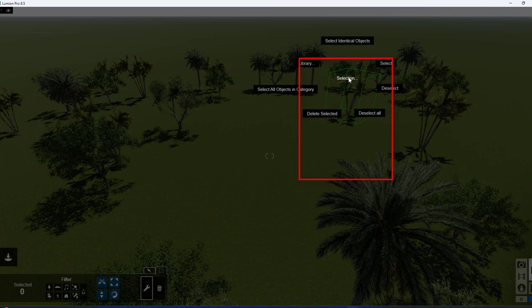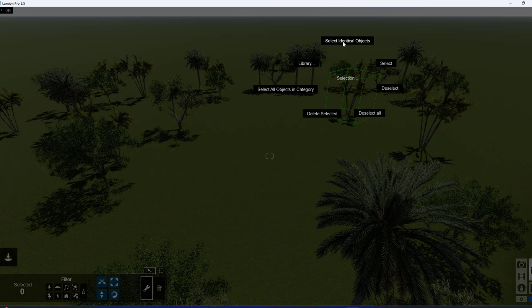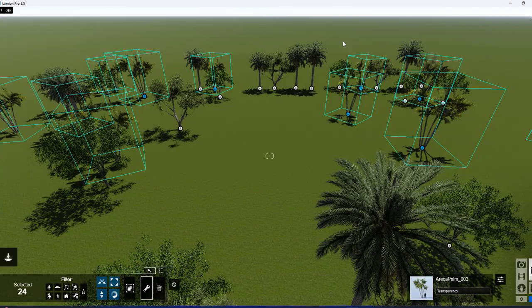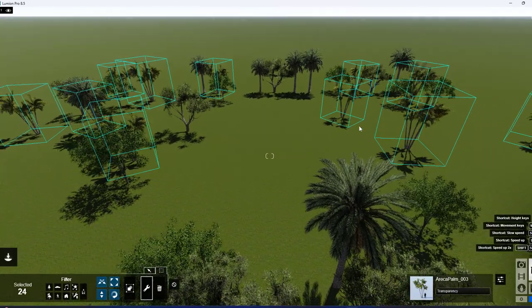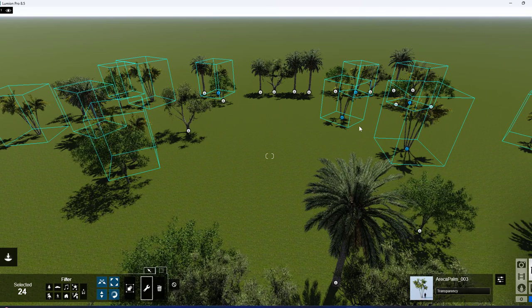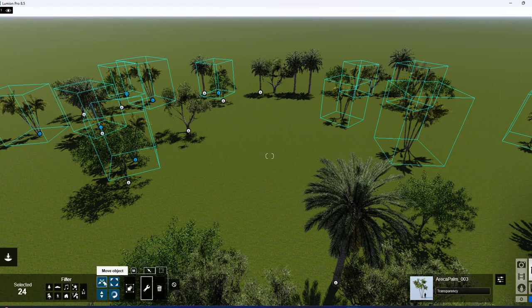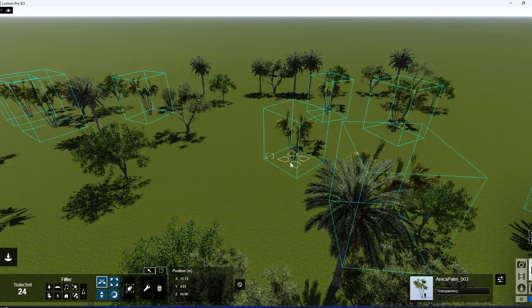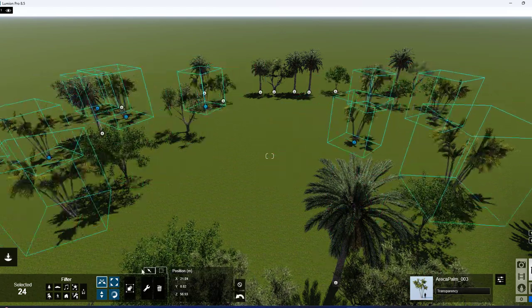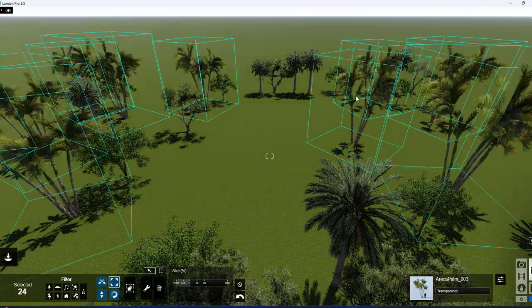Go to the selection option. Now if I want to select the identical object, that is the coconut tree itself, then you select the identical object like this. So this is how we selected the similar kind of coconut. And then not only for delete, you can move it however you want, like this. And then you can scale it up